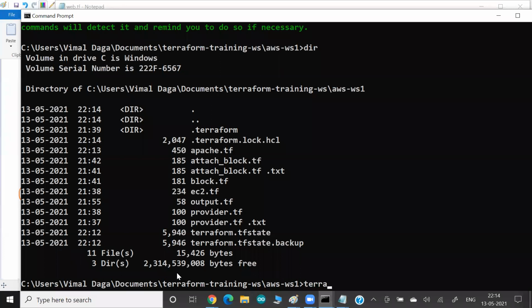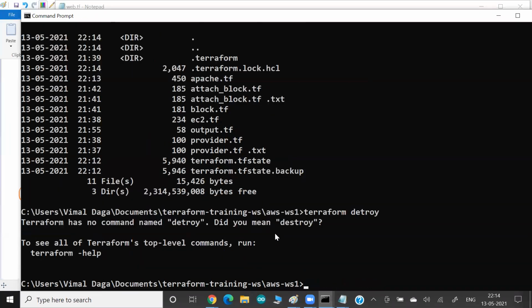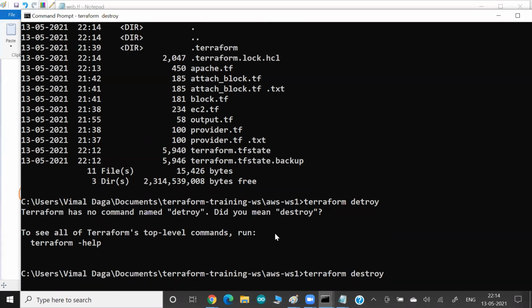Before I run this code, let me do Terraform destroy. This command will go to the TF state file and check all the resources running on the cloud. They have 3 resources, and then pick them one by one. Again, they know the ordering, and they destroy all the resources one by one. Okay, so if you run the destroy command,